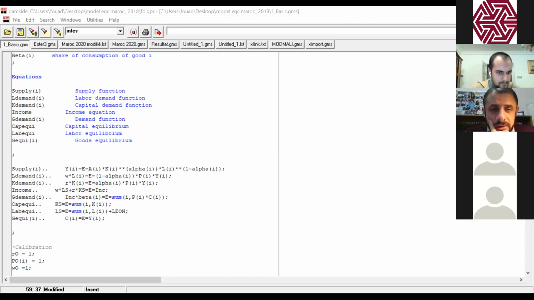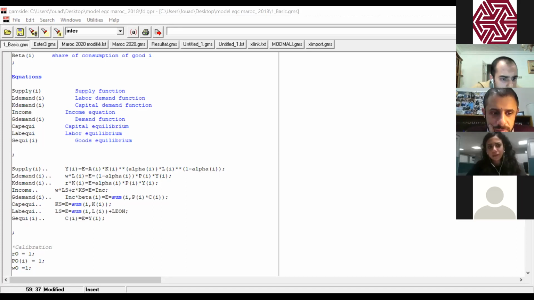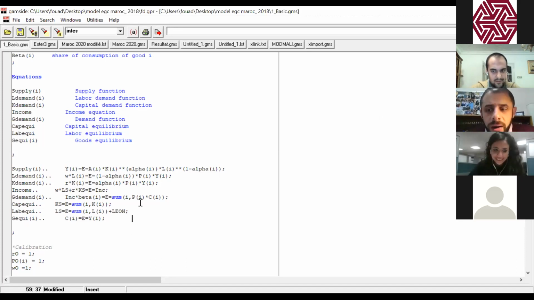Right. So Mohib, what do you think? Yeah, we don't have a sum in. No, why shouldn't we have it? It's because Fuad put it in the chat box like this, so that's why we copied it. No, I'm saying why shouldn't we have it here? Because this is incorrect, but why?